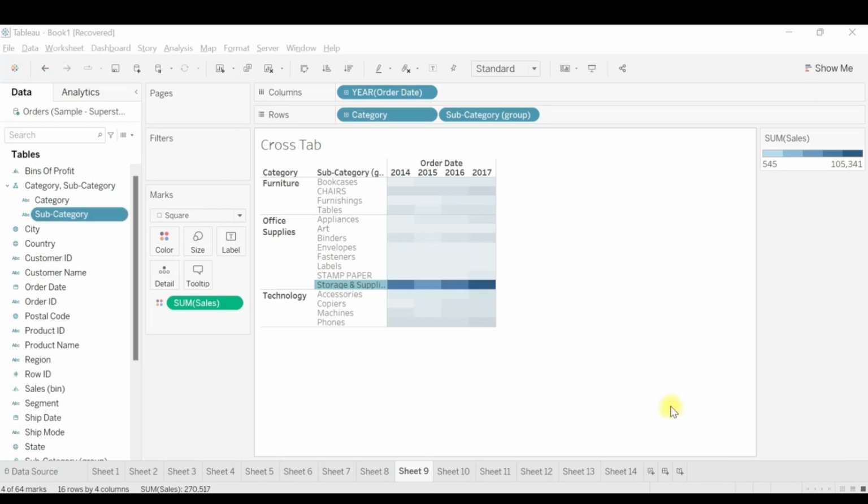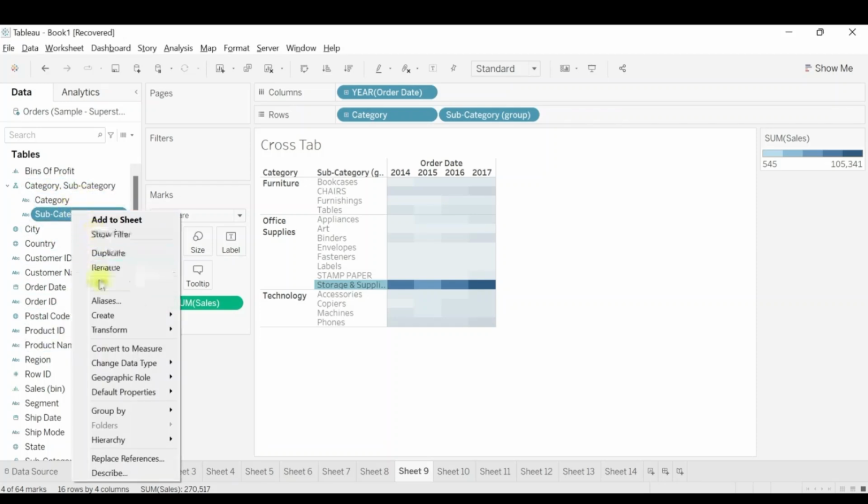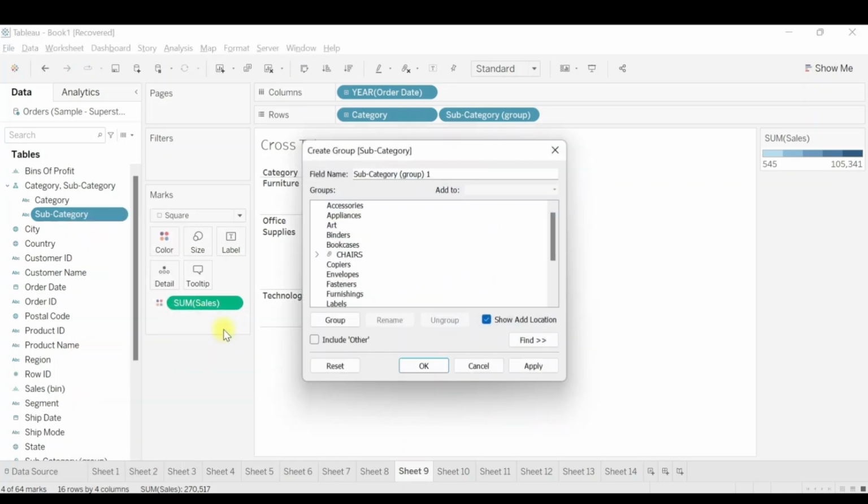Let's see one more way to create a group in Tableau. So since we were creating groups on subcategory, let's see another way to create groups on subcategory itself. From the data pane, search for subcategory column, right click on it and select create and then click on group.